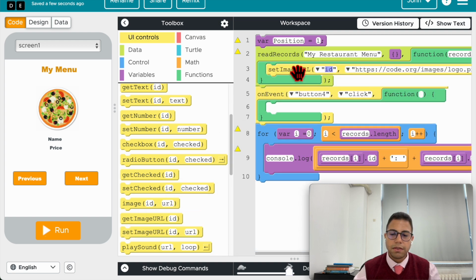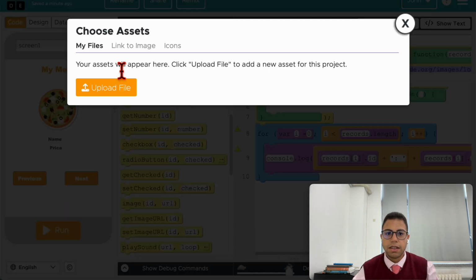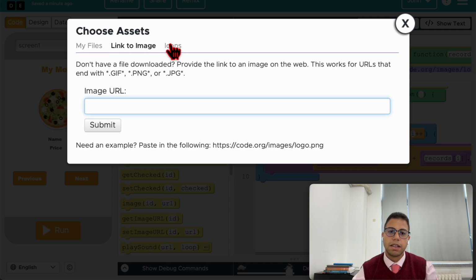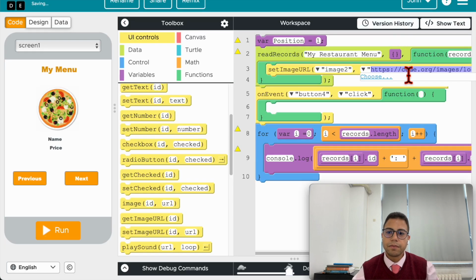When you put this, you can see, oh, what is this image? Image 2. So I can say image 2, and instead of having this, that only allows me to select from a link or icon, I want to change this with the value